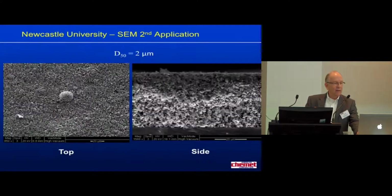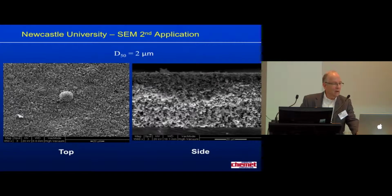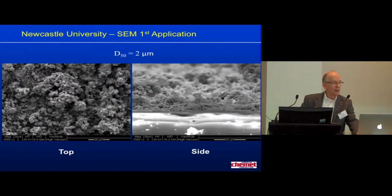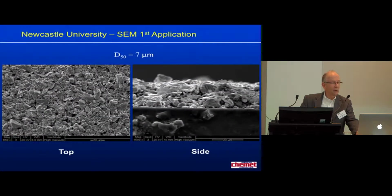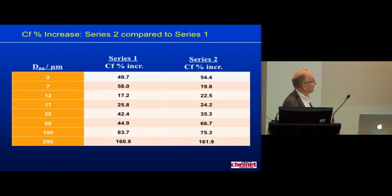So Chang then did a second series, because we thought we're going to have to repeat this. Is this a genuine effect, or is it some artifact? This was the respray of the 2-micron one compared to what it had been previously. That's the new, that's the old. And the same with the 7. We repeated that, new and old. And in terms of the numbers we got in the second run, which is on the right-hand side, compared to the first,